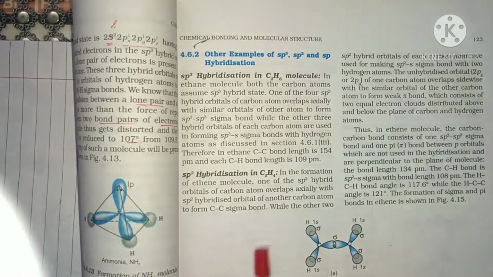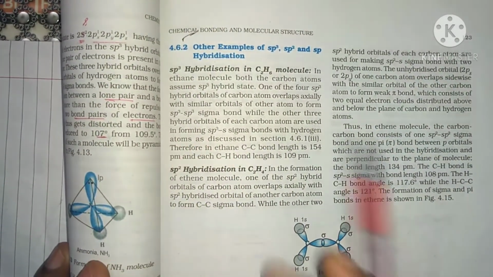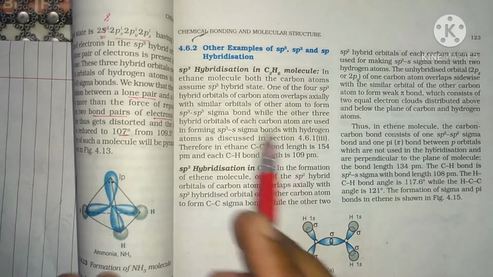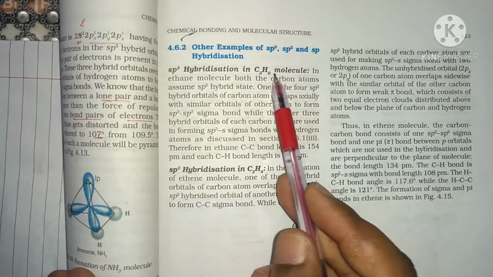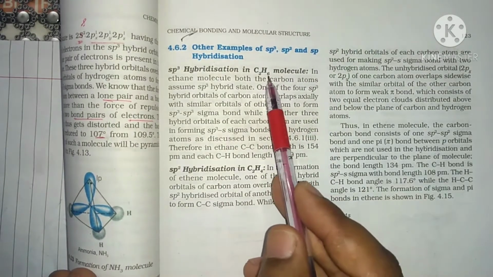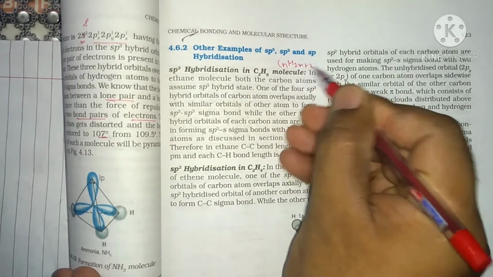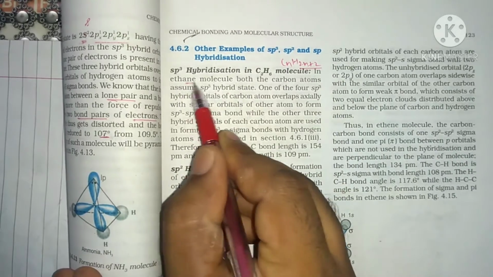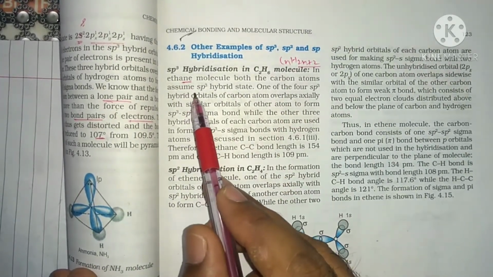Now we study the other example of sp3, sp2 and sp hybridizations, and sp3 hybridization in the C2H6 molecule. C2H6 is ethane, meaning it's an alkane. The formula of alkane is CnH2n+2. Okay, so that's why it's an alkane. इसलिए हम last में A नहीं लगाते, और it contains 2 carbon, ठीक।